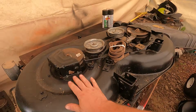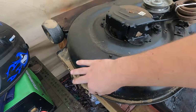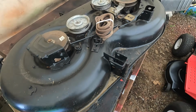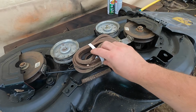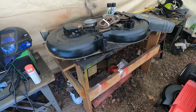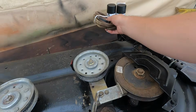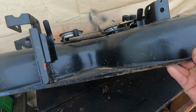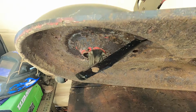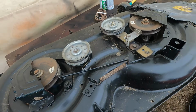So I pulled this thing out of the tarp shed down by the creek, and it was pouring rain that day, like really raining. So this thing got a little bit muddy because the cart that I used to get this out of the shed got flooded. That was pretty insane, that storm. But we got this newly refurbished deck. I actually did it last year. I think I showed you all this. Got brand new blades on it. I still forgot to look back in my videos, but I think I did the bearings and these spindles too, so